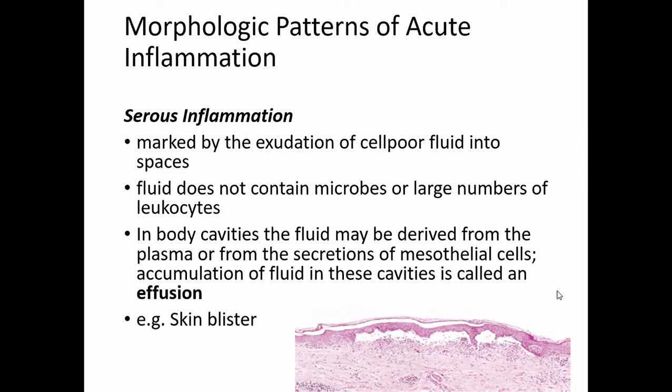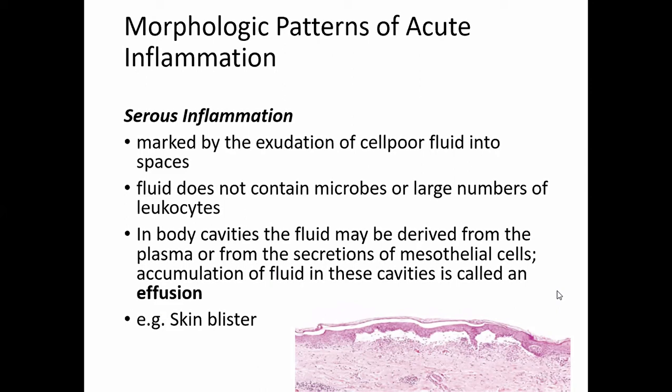However, there are morphologic patterns that often superimpose on these general features, depending on the severity of the reaction, its specific cause, and the particular tissue and site involved. The importance of recognizing the gross and the microscopic pattern is that they provide valuable clues about the underlying cause. For example, serous inflammation is marked by exudation of